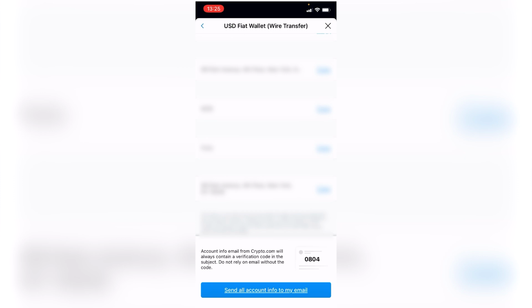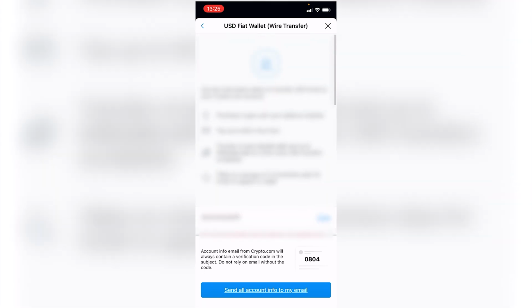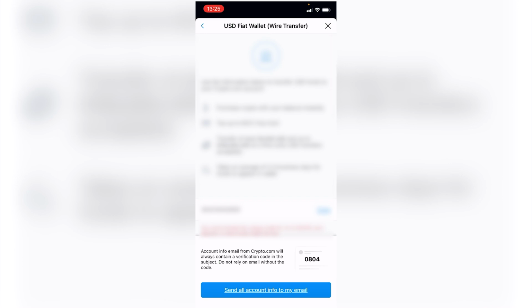To make it easy, you can select the option called send all account info to my email. It will help you in copy and pasting the details, and it will take like 2 to 3 business days, and after that your funds will be added to crypto.com wallet. And that's how you can add funds to your